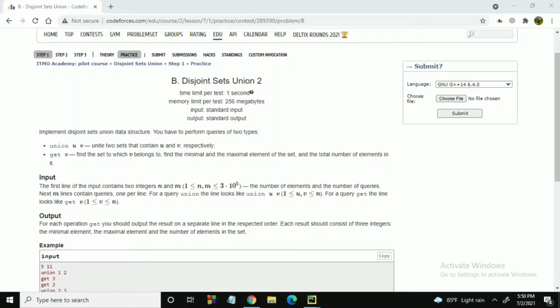In this problem, we will have two types of queries like the previous problem. There will be union queries and get queries. In union query, we will unite two sets that contain elements u and v respectively. And in the get query, we will be given an element v and we will have to produce three types